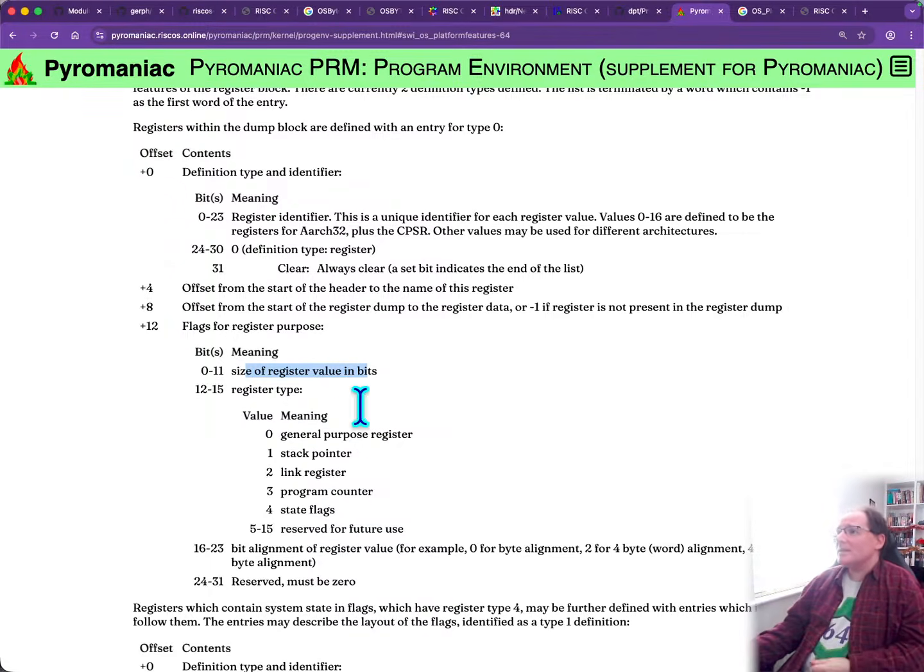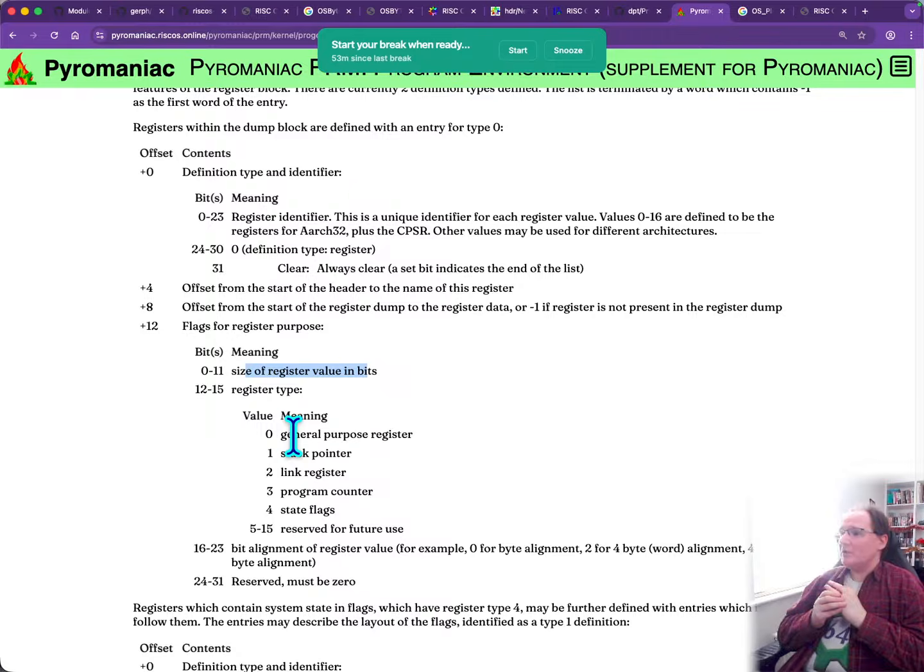But yeah, so these are the way that we define what type of register it is, and the size as well. And the reason we define the type is so that we can put special criteria on those things. So if you wanted to find the program counter,